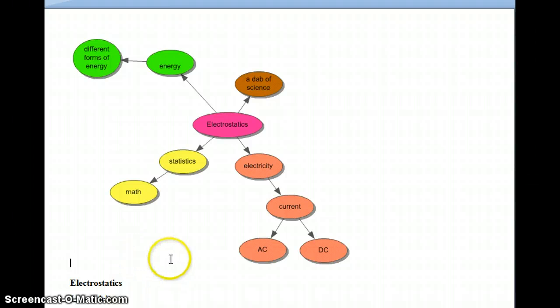Here's a relatively naive idea web from the beginning of the unit about electrostatics. So you can see the various kinds of ideas there about electricity, a dab of science, and so forth. But one thing that's worth looking at is the link to energy here. And perhaps from the first unit, this student thought, oh, well, we'll be relating electrostatics back to energy, which was a pretty good guess on his or her part, but we do indeed get there, and get there quite frequently